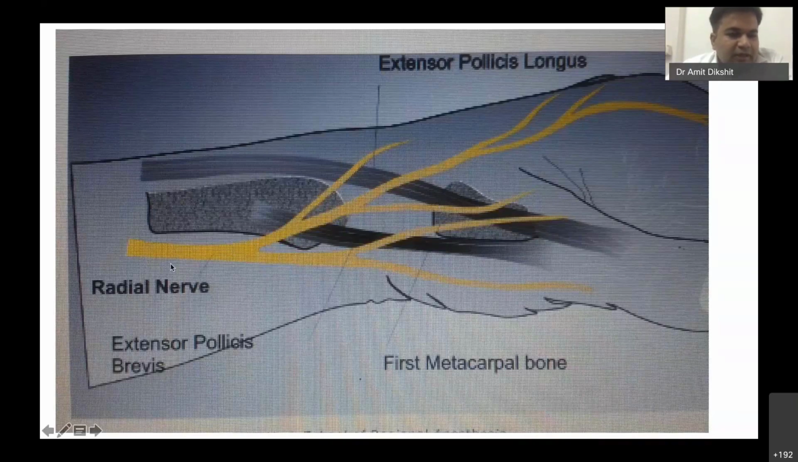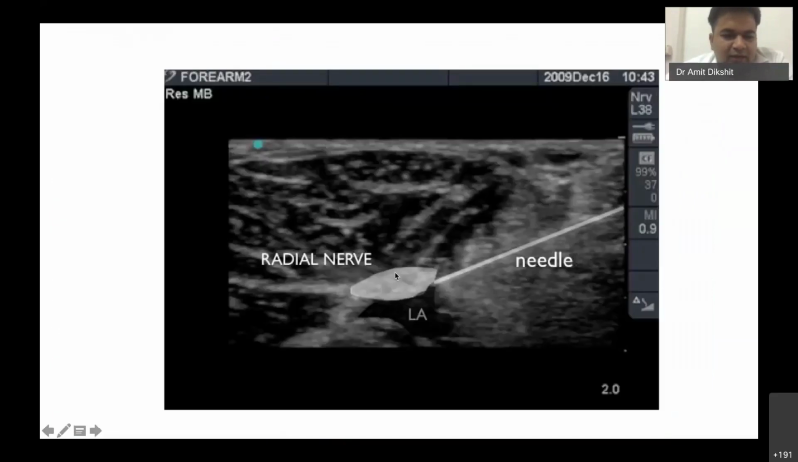So the wrist block has to be done a little above; already it has been covered. The beauty with ultrasound is you can block all these nerves at any level depending on where they are best seen. You can take care of all the anatomical variations. You can actually do conservative needling and see to it that the nerve is not damaged. So this is the radial nerve, and